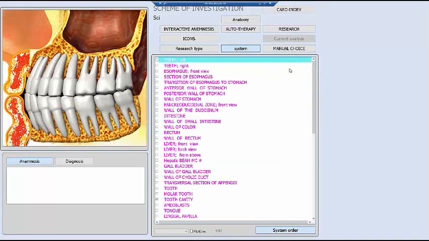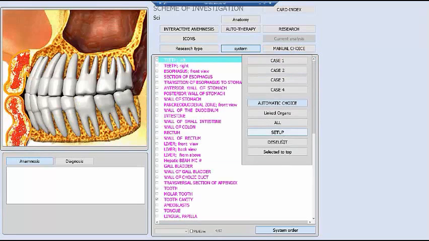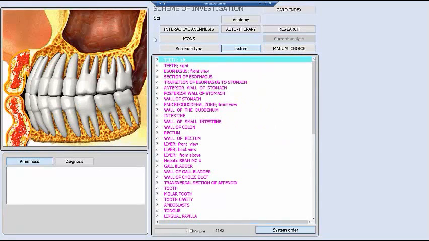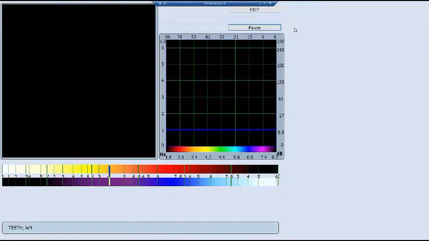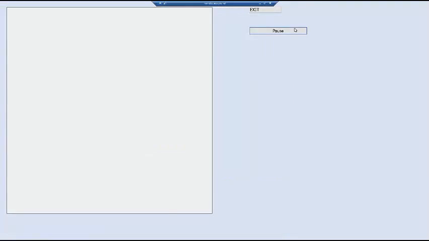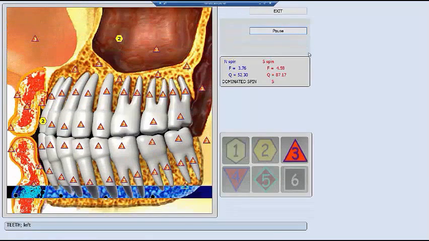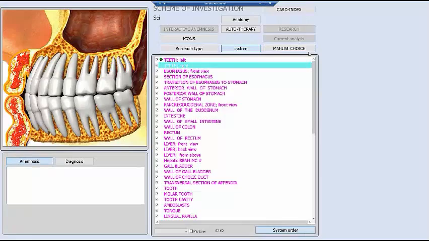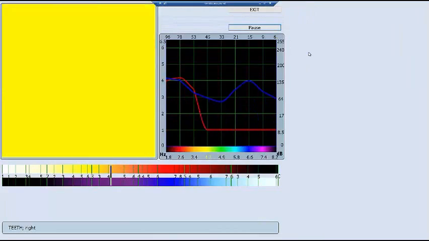it loads everything in, and we're going to select all. And you see all of the items, all 62 of the items are selected and checked, and we click Research. And that's all there is. Once the scan has been selected and checked, you click Research, it starts the scan, and you just sit back and allow the scan